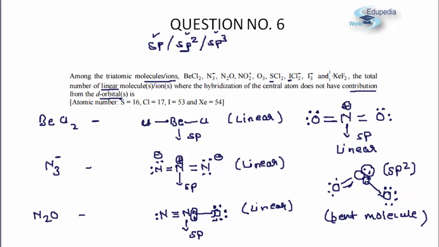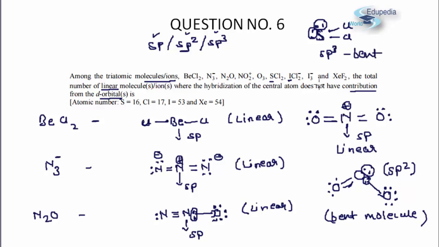So obviously the hybridization in all of them is going to carry a D component also, because suppose if I try to draw the rough structure just to calculate the steric number for sulfur, I can see clearly for SCl2 that it has 1, 2, 3, 4, 5, 6 valency electrons, and then I am attaching 2 chlorine atoms. Okay, this is the rough Lewis structure I have drawn. And now if I calculate the steric number, 1, 2, 3 and 4, okay, so 4 steric number would mean sp3, but an sp3 thing can never be linear, it will obviously be a bent molecule.